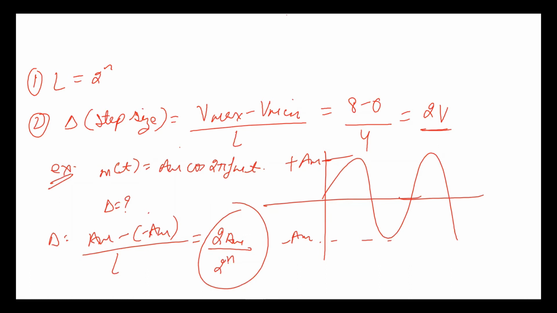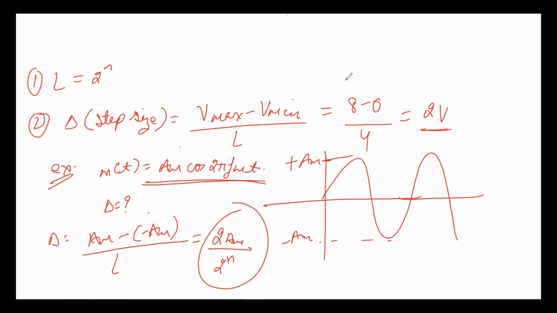Okay, is that clear? Is that clear to all of you? Any doubt? Okay, so next we'll solve one numerical on this. One very important point. Any doubt? How to find n? This n will be given in the question. Now the answer will be in terms of Am and n, because here it's not given. But if in the question n is given, you have to put n here.